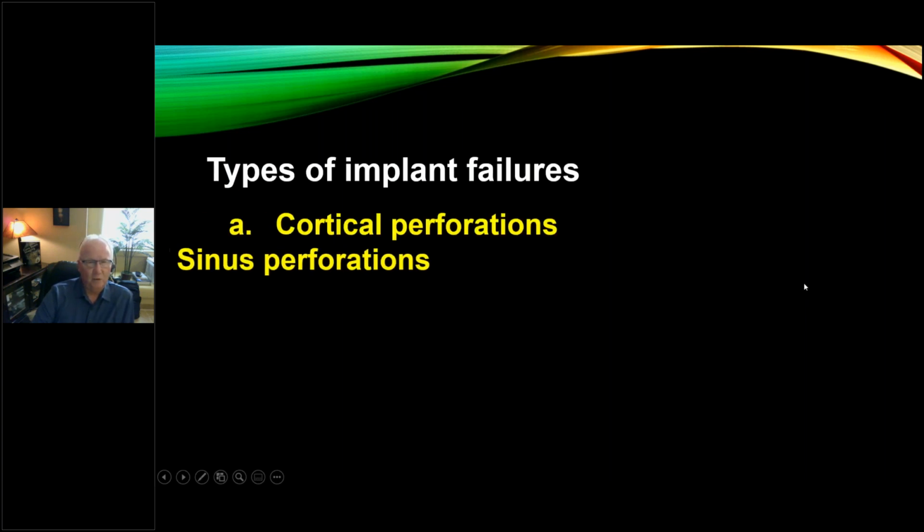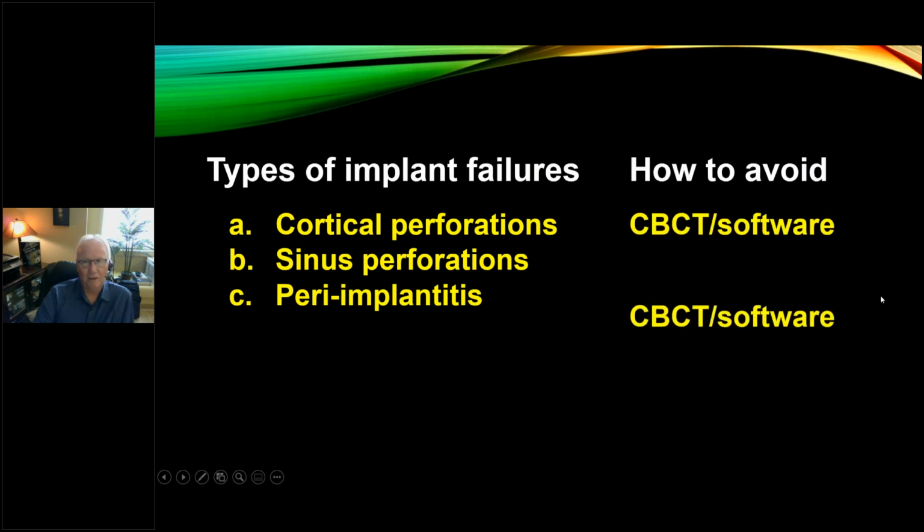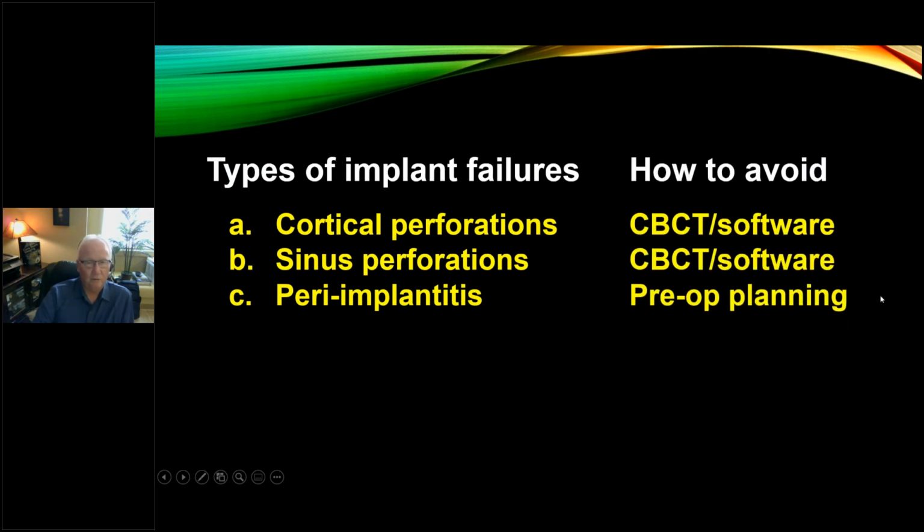Types of failures: cortical perforations, sinus perforations, peri-implantitis. How to avoid? Well, there you go. You can avoid all of these things using the software planning tools with your machine and getting good data, making a surgical guide. And I think you need to think about always providing really, really close follow-up and postoperative care,